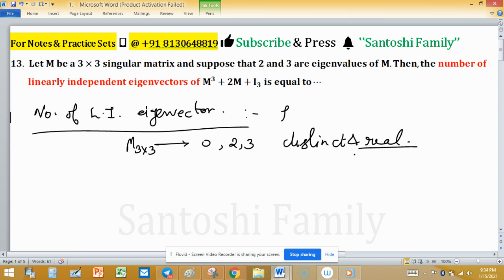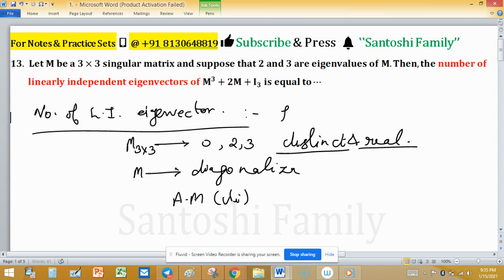Real has no significance here, but distinct is very significant. Because of the distinct eigenvalues, matrix M is diagonalizable. It means the algebraic multiplicity of each eigenvalue, lambda i, where i varies from 1 to 3, that is lambda 1, lambda 2 and lambda 3, and lambda i may be any one of 0, 2 and 3. So the algebraic multiplicity of lambda i is equal to the geometric multiplicity of lambda i,